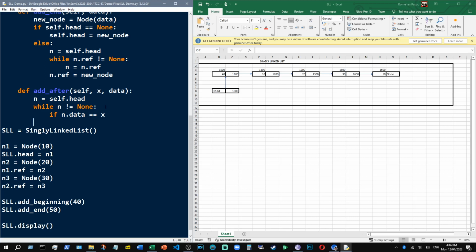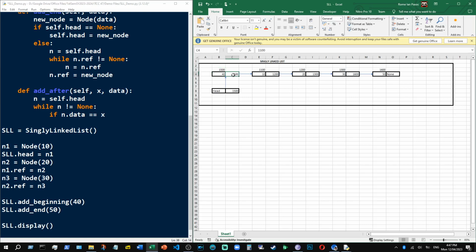Okay, while you are traversing, you are going to check. While you are traversing these nodes, you are actually checking the data part of our nodes here. If n.data, remember n here is used to traverse, similar to what we have done. We have been updating the value of n in between the reference, the memory location and the references, right? So it checks there, and if it is not found,